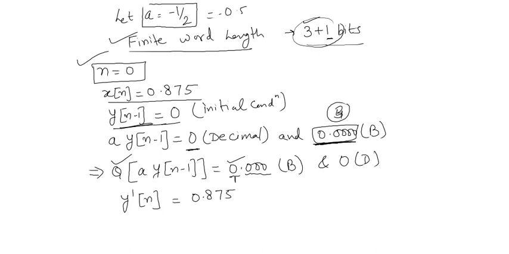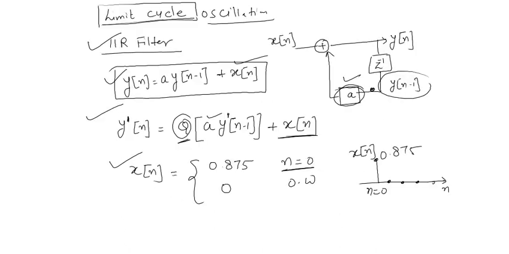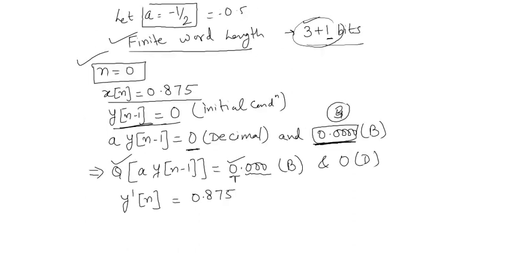So you can ask why it is not considering integers, because we know that most of the time we take the coefficient value as less than 1, to design a stable filter, right? Because the pole should be inside the unit circle, right? So when we deal with filters, most of the time this will be less than 1, right? Now what is happening here, since we have only 3 bits to represent, and here we have 4 bits. Now what can we do actually? We can do two things. Either we truncate it, or we round off.